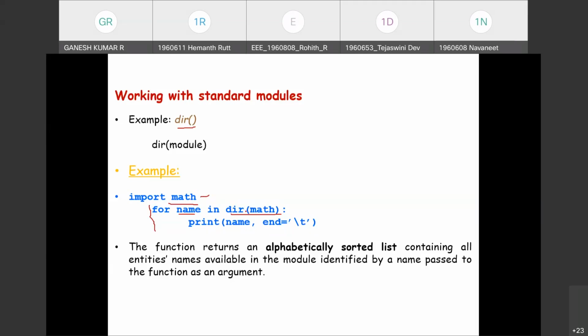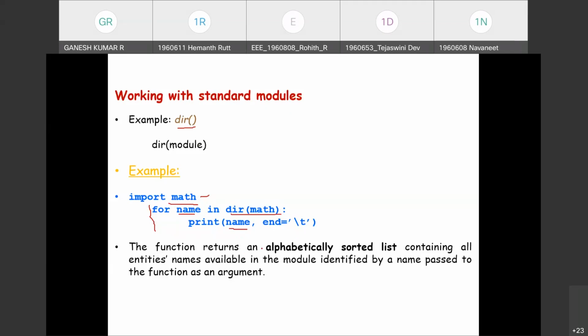So this function will reveal all the names provided through a particular module; here math is the module. All the names available in the module math will be displayed, print(name), where name is the variable, and they will be listed one after the other.